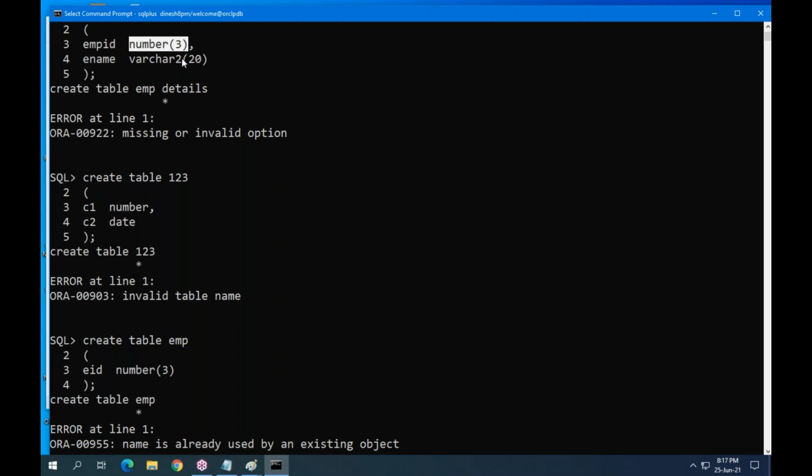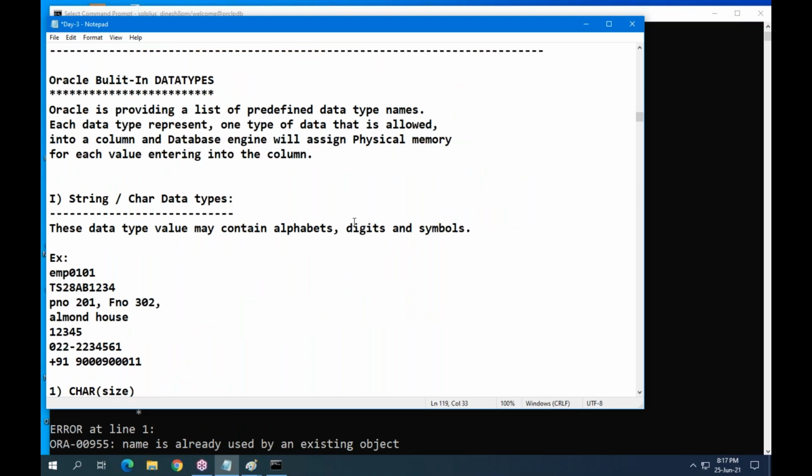What is the use of a data type? One interview question, guys, because we are discussing data types. General interview question: how many data types are in Oracle?